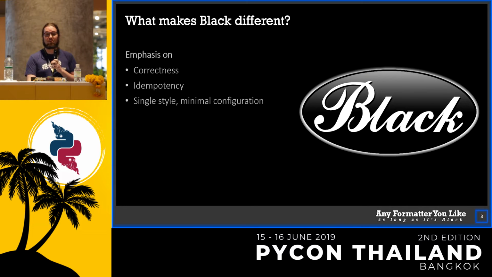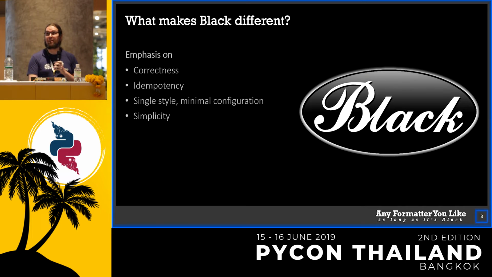And the third thing is, and this is where we start losing some people, Black is not really a code formatting tool. It's more like an implementation of a code style. So there are a bunch of built-in opinions about how Black formats code, and there's a relatively minimal amount of configuration. This is very helpful, obviously, when writing Black itself, because you get to do what you want. But for people who are using Black, the real benefit of this is if a code base is blackened, it looks the same exact way, no matter where it is. There are no configurations, there's no slight variations to the style, it looks the same.